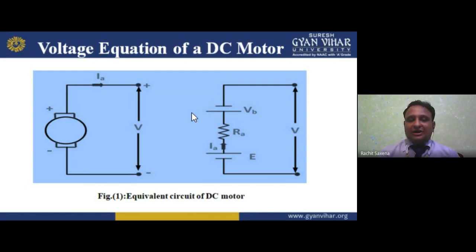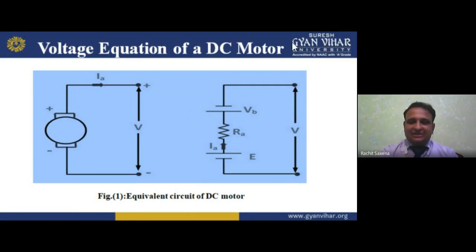Through this residual magnetism, what can we do? Magnetism means we have magnetic flux. Cut that flux with the help of the armature, and as per Faraday's law of electromagnetic induction, EMF will be induced. We can give that EMF to the load if it is a generator, and some part of that EMF is given to the field to excite it, to energize it, to generate more flux. If I am doing like this, it is a type of self-excitation.